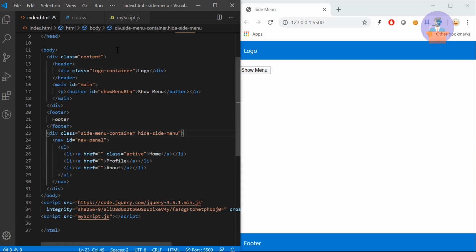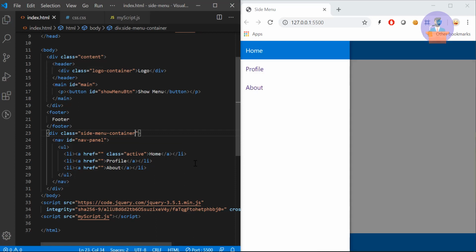Now we will write the script part. So basically what we need to do, whenever we want to show the menu, first we need to remove this class through the JavaScript. Okay, so whenever we remove this, our menu will be populated. Now the second thing what we will do, we will provide an animation class to this navigation panel. So whenever the animation is active, it will slide from negative to 0.